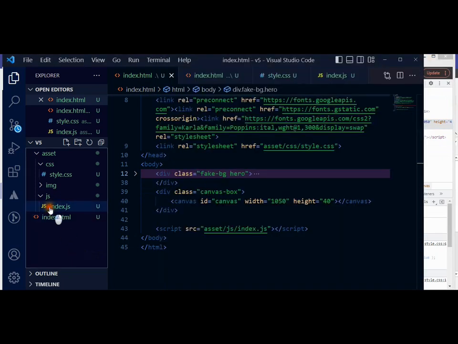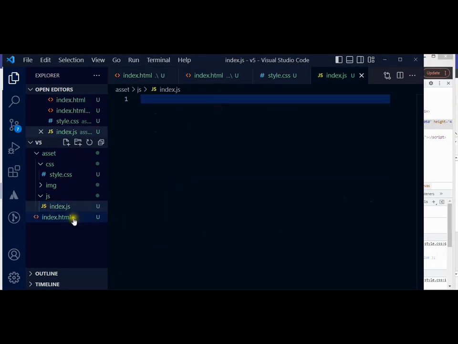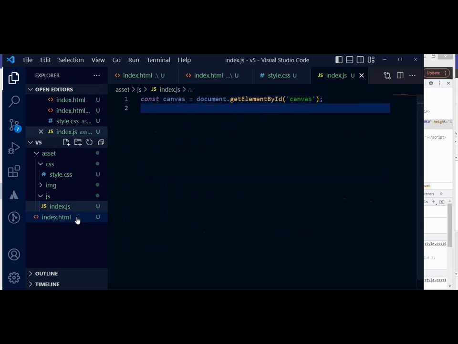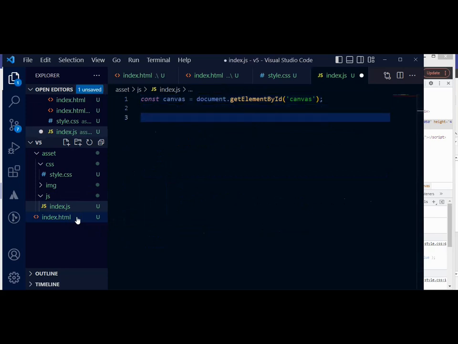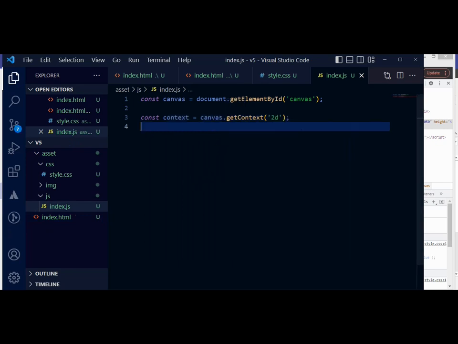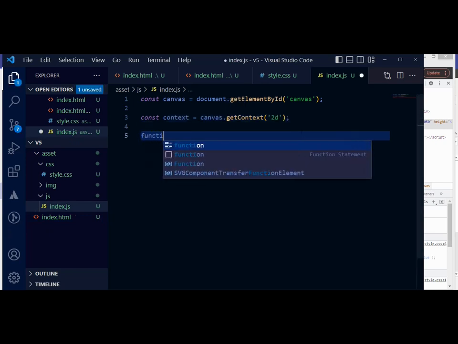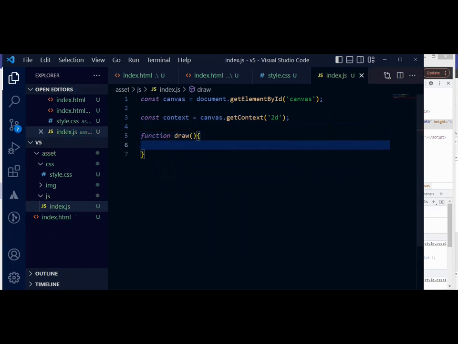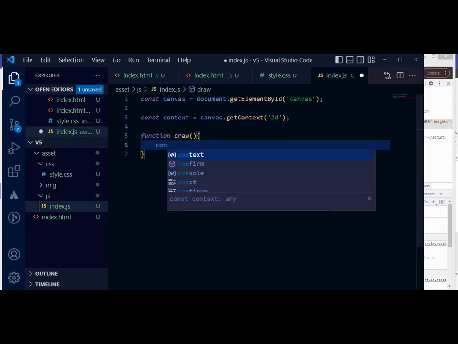So next thing we want to do is to get the element. Then the next thing is to initialize the context. Okay, now that we have gotten the context, next we are going to draw. So let me create a function for the drawing, and the first thing you want to do is